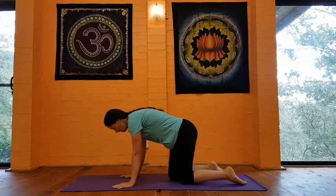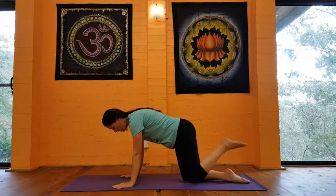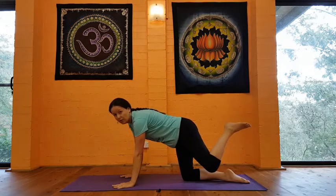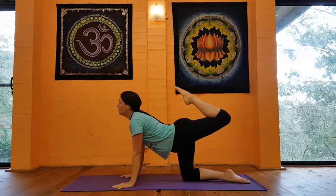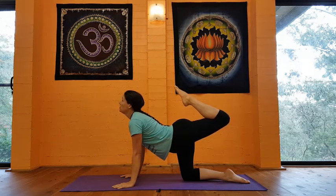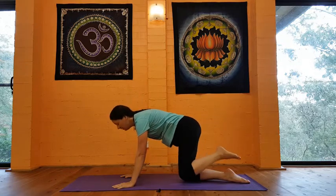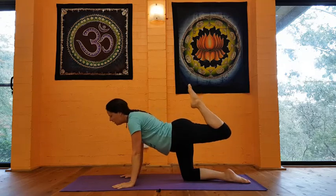So come on your hands and knees and bring your right knee into the middle, so that you can lift up your left leg. So we're inhaling, bending our knee so our foot is towards our head, opening our chest, and then exhaling, rounding, inhaling, opening,